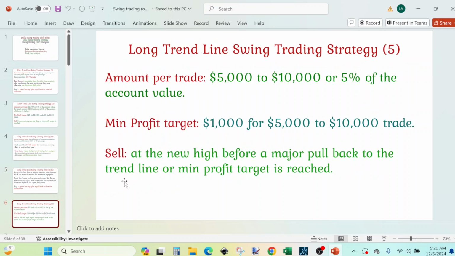And as for buying, sell at the new high before a major pullback to the trend line or minimum profit target is reached. And for the minimum profit targets,